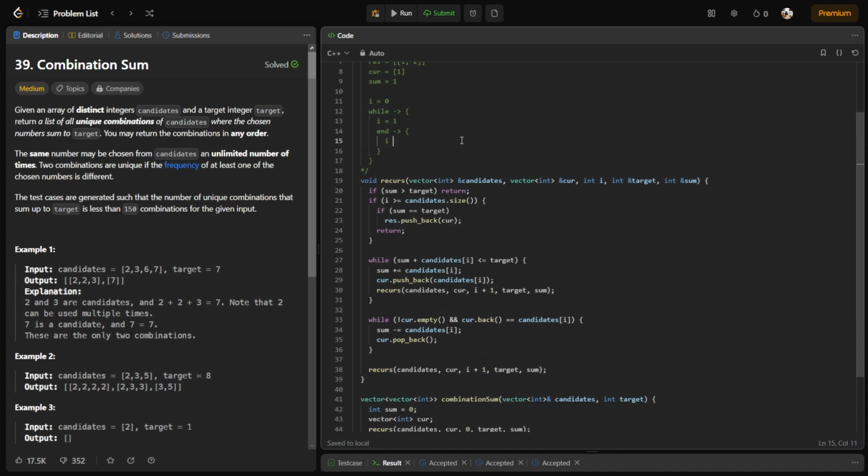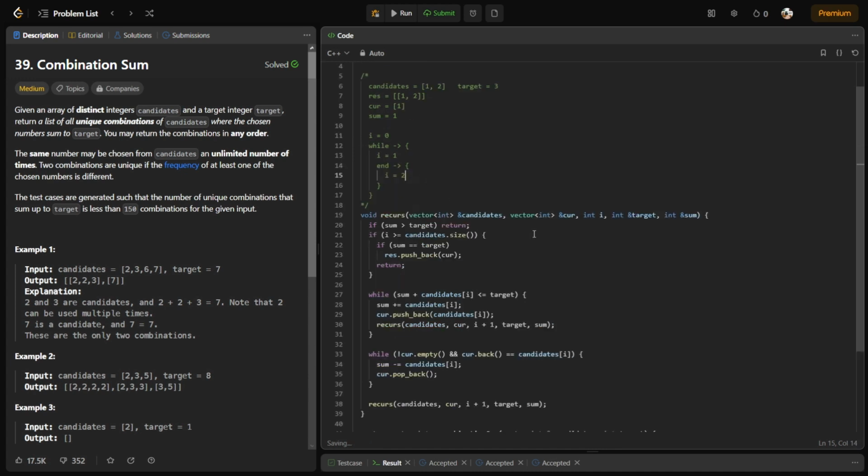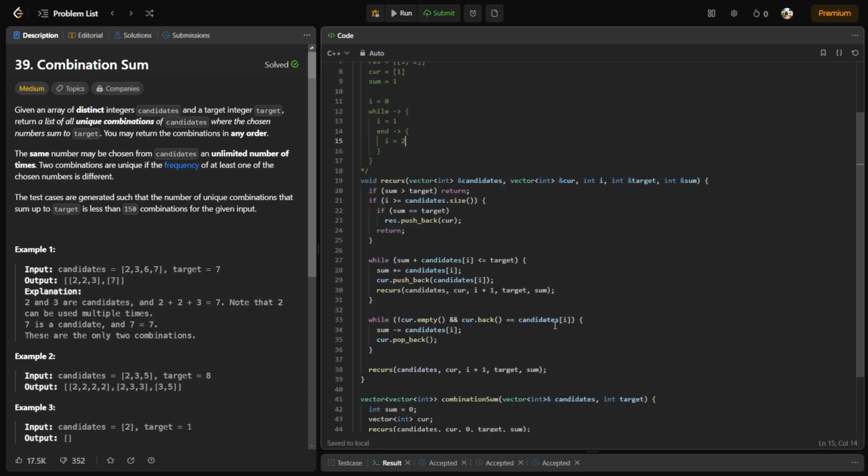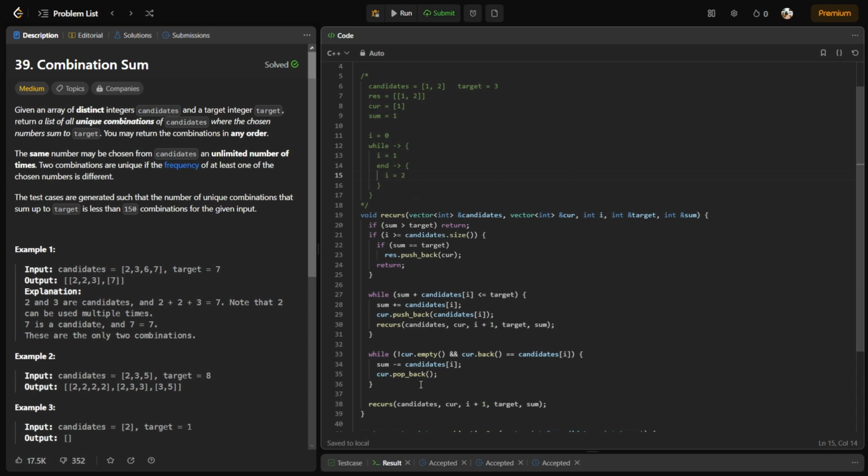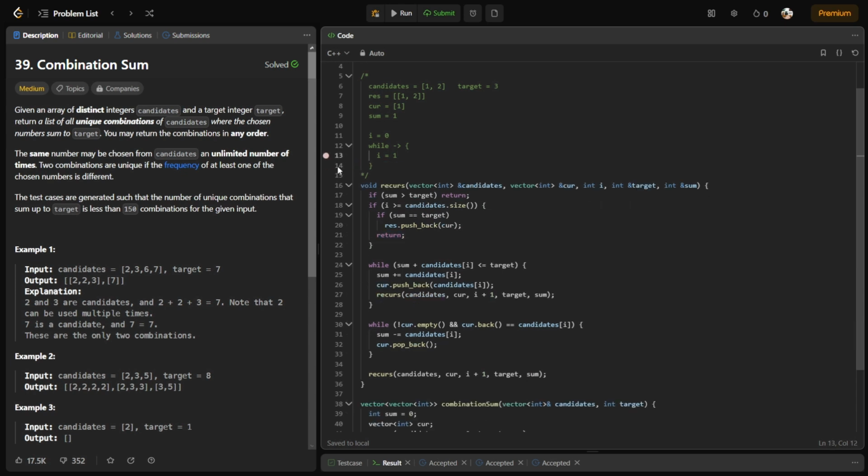So I equals to 2 now. Okay, and then the sum is still less than target. This does not trigger. Now sum, actually this does trigger because I is equals to 2. Since our sum does not equals to our target, we just return. Okay, while that is done,